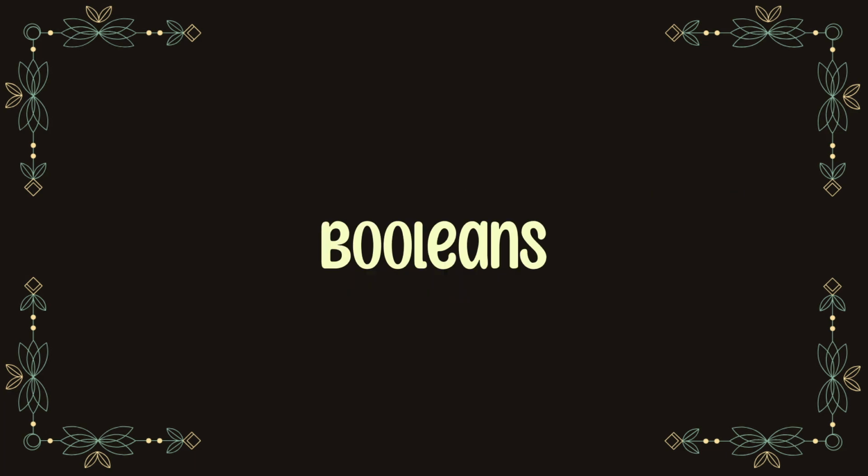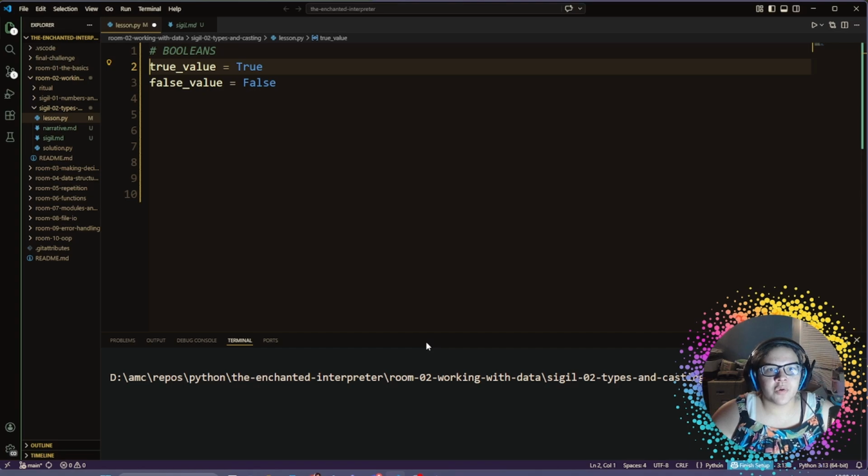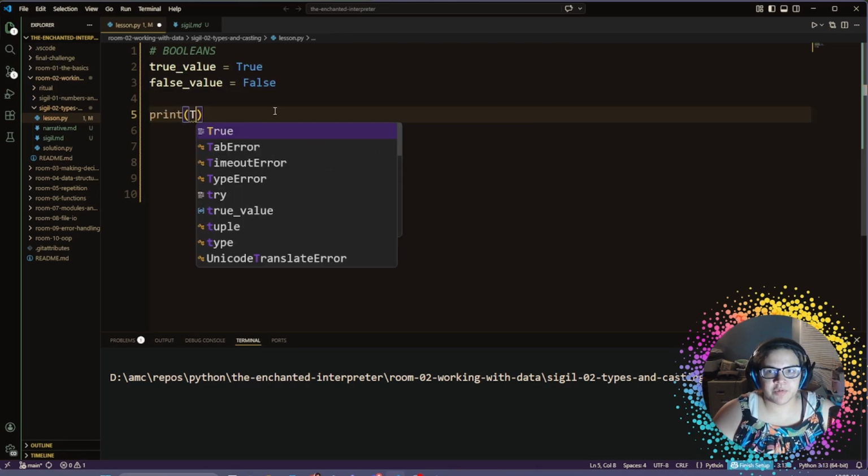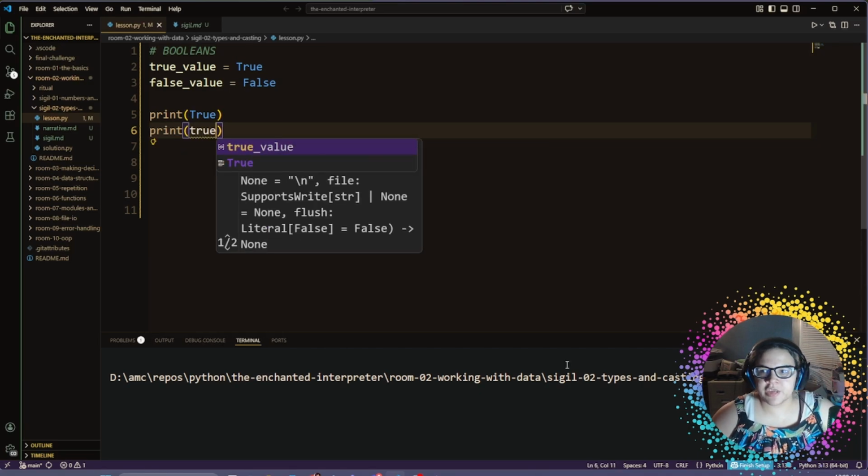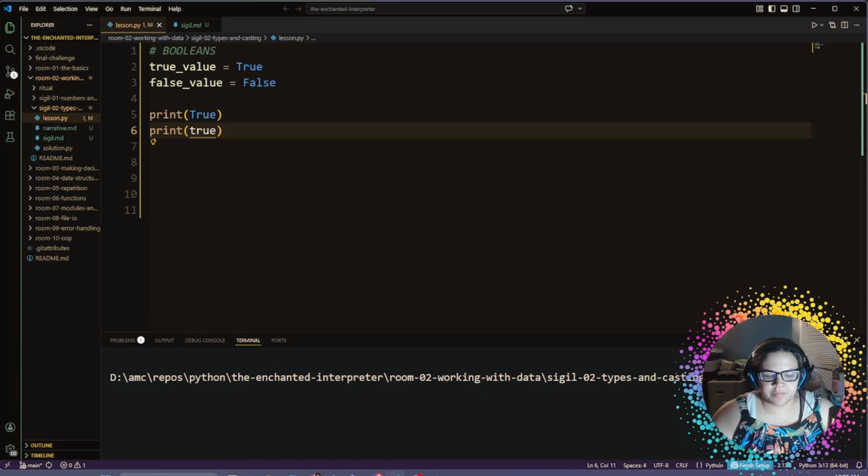Let's start with booleans. A Boolean, or Bool value, represents truth values. They can be either True or False, but note the capitalization. If we print True with a capital T, we'll see True in the console. But if we print true with a lowercase t, let's run this one,